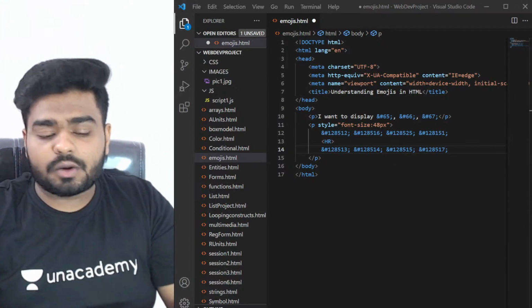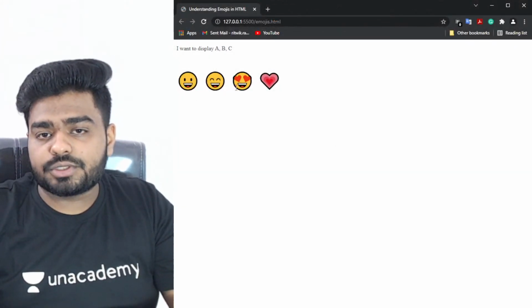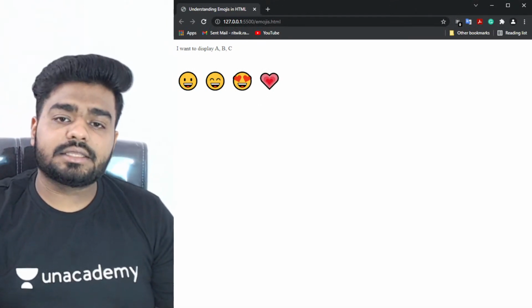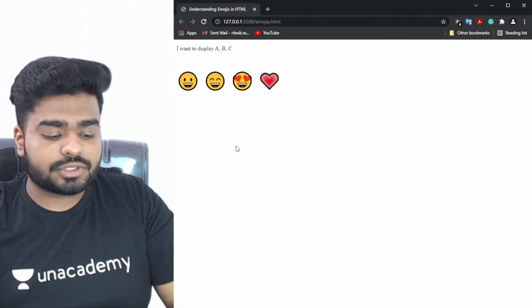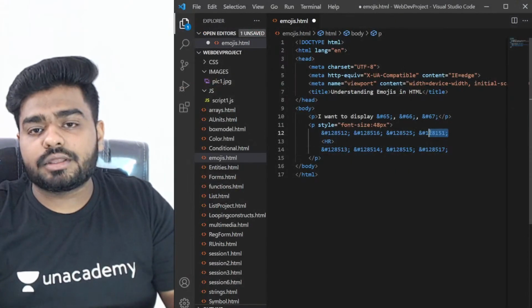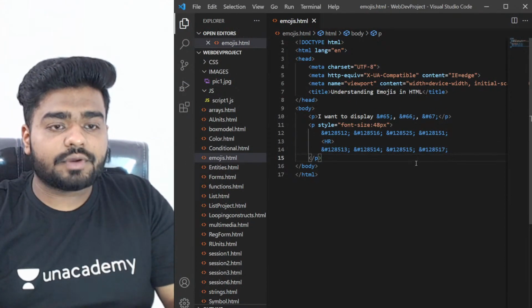If you see right now what all emojis are there, you can find that we have 3 face emojis, and we have one which is a love one, right? And that's why the number is also changed there. If you can see here, the number of this code is different than these all, right? So now if I save this and if I go to my browser,